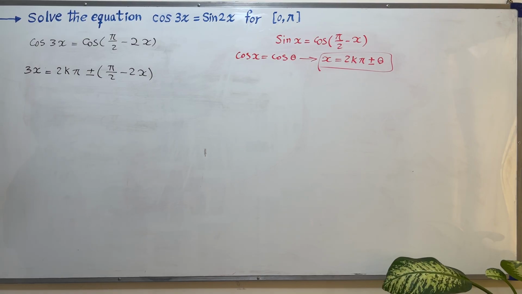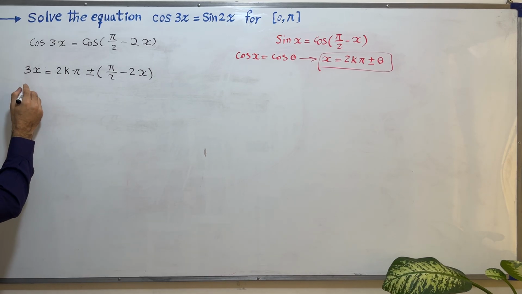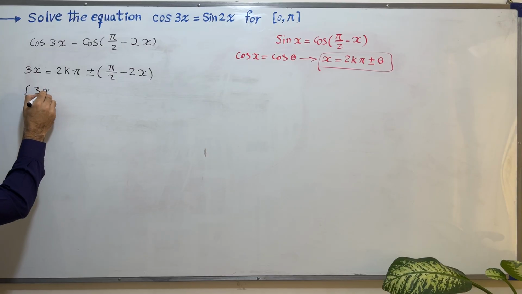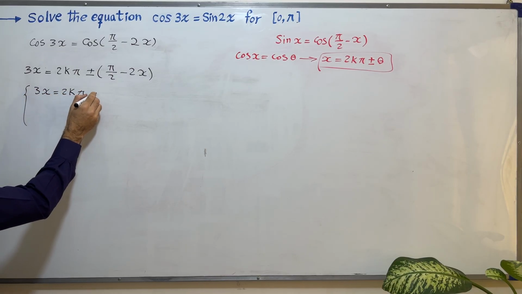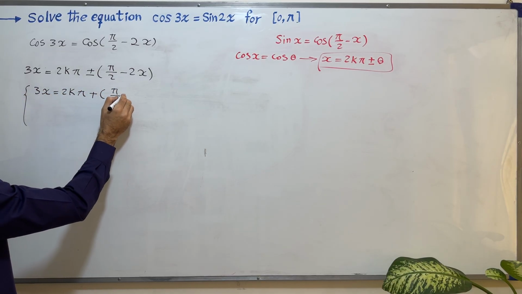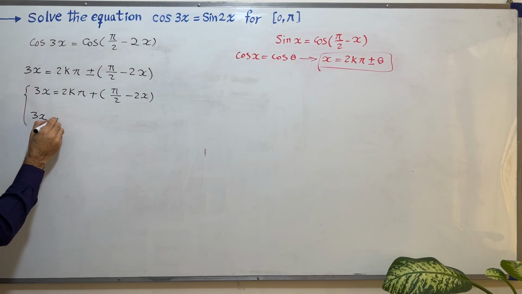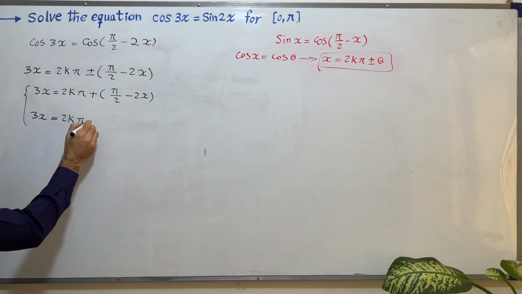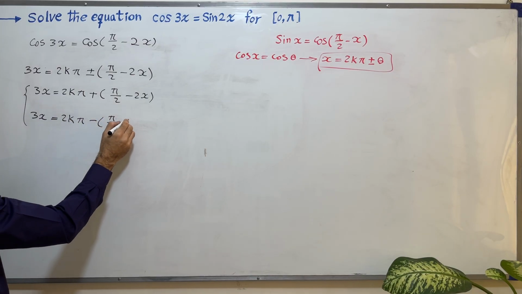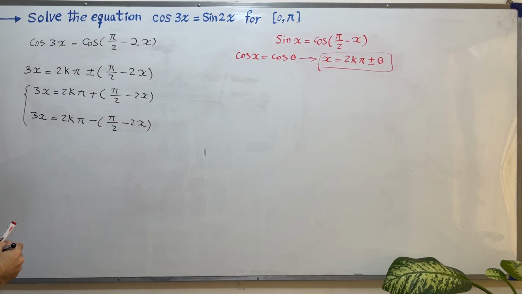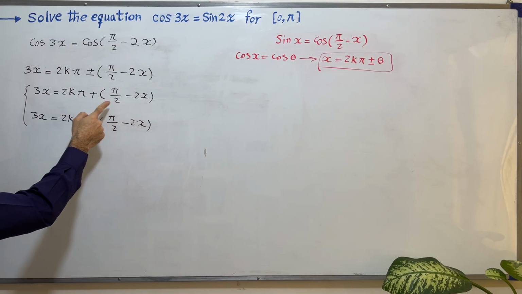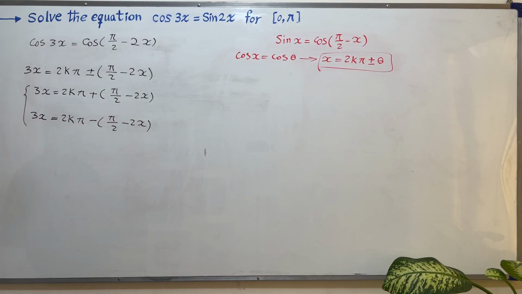Then we have two sets of solutions, the first one with plus and the other with minus. Therefore, we get 3x equal 2k pi plus pi over 2 minus 2x, and 3x equal 2k pi minus pi over 2 minus 2x. By moving minus 2x to the other side of the equation and dividing by 5,